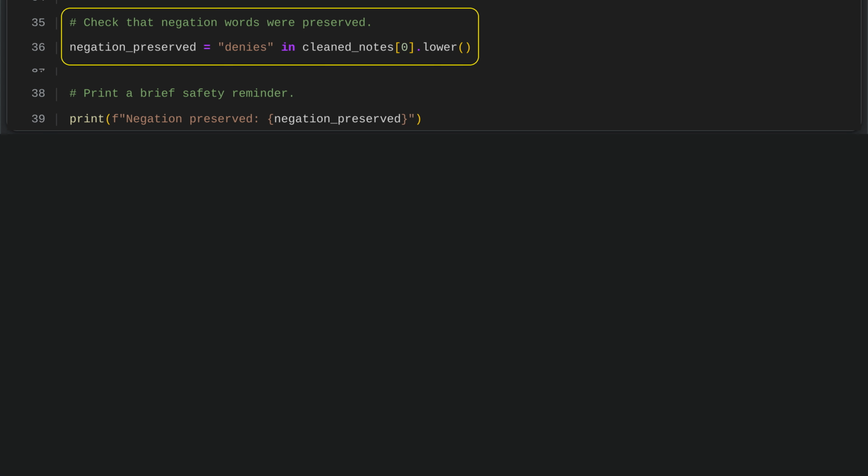The code checks that key negation words, especially denies, remain in the cleaned clinical notes. It does this by lowercasing the first cleaned note and searching for the word. This helps confirm that cleaning has not changed the note's meaning, which is especially important in clinical text where negation